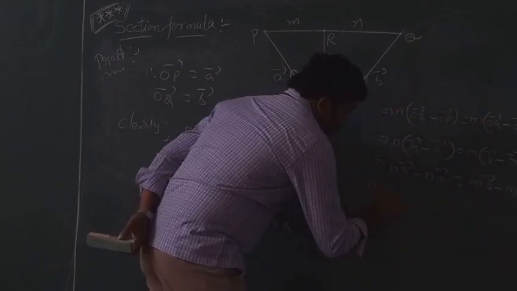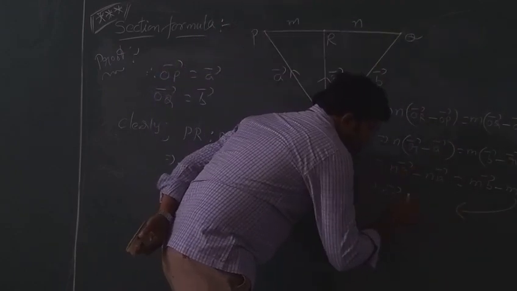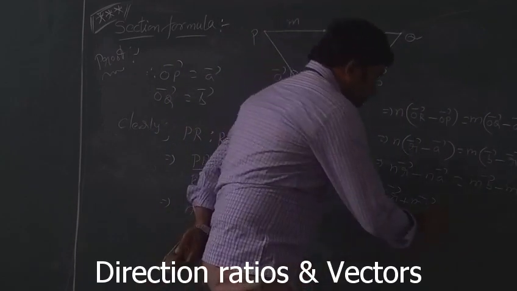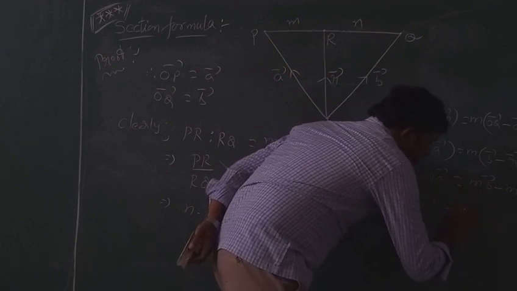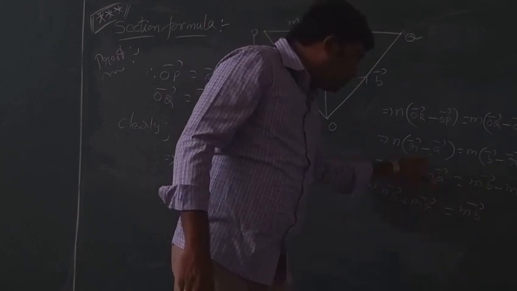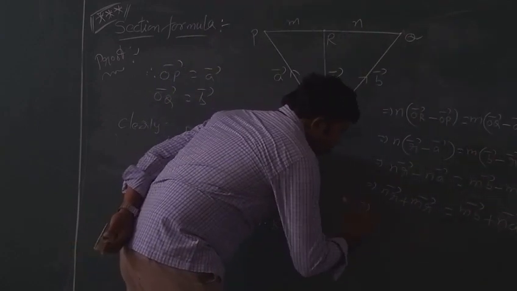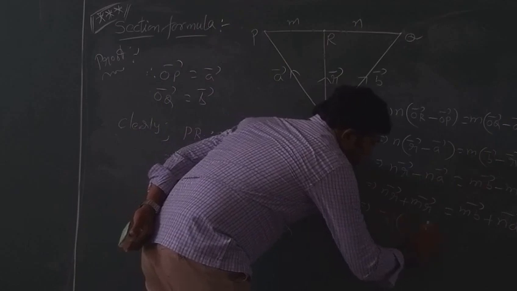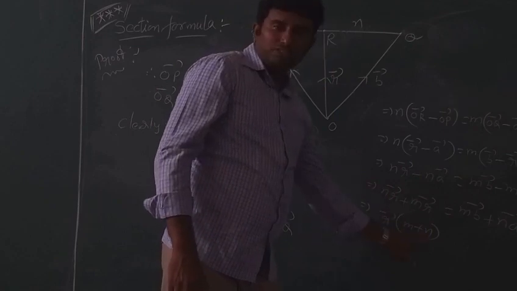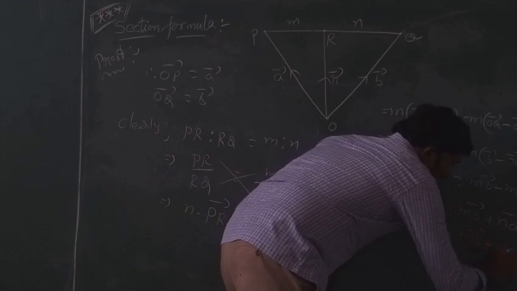Next, M into R bar here, minus M R bar, will be changed as M plus M R bar plus M R bar. That is equal to, what is the remaining value on the left hand side and right hand side of the equation? M B bar. On the left hand side, what is the remaining value? Minus NA bar. Minus NA bar will be changed as plus NA bar. Now, again by property, this can be written as R bar of N plus M, nothing but M plus N. No problem. That is equal to, as it is, MB bar plus NA bar.